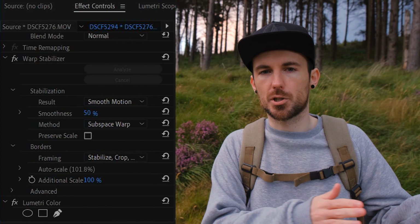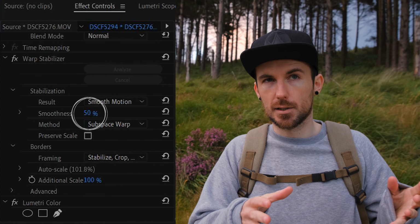If you find that you're noticing a little bit of warping and weirdness that happens with Warp Stabilizer, you can go into the effects settings on that clip and just lower the percentage that it's trying to stabilize it, if that makes sense. You can also go to the advanced tab at the bottom of that and click detailed analysis, which I think does a better job of stabilizing it, and that will give you a smoother,